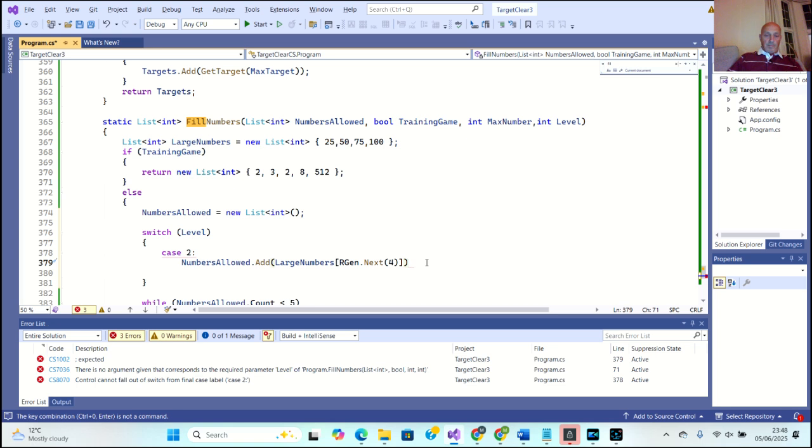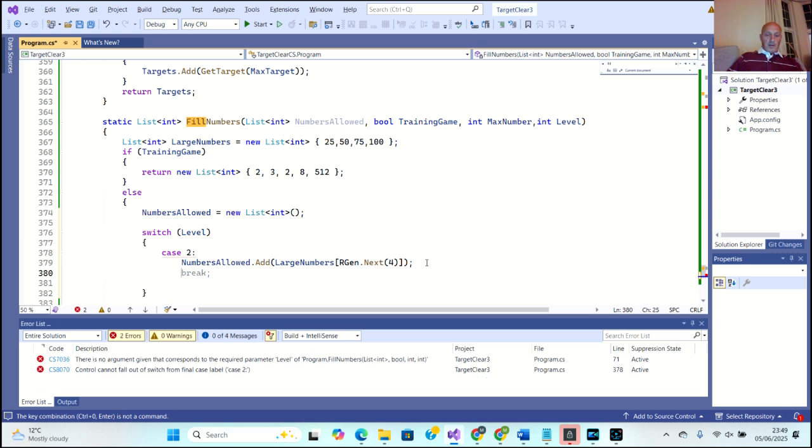Okay, so that should generate one of these numbers and put it into the numbers allowed list. Okay, so we need the break, then we need case